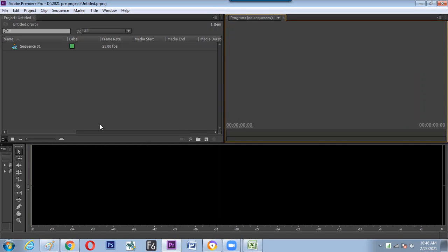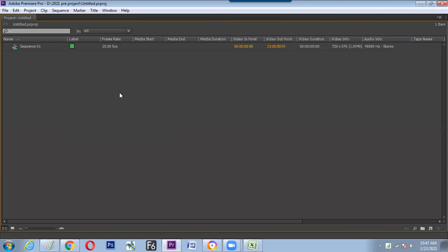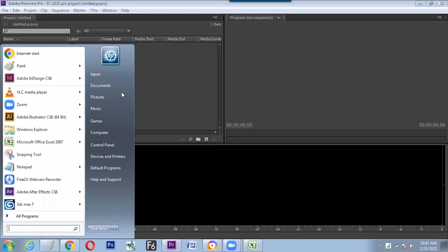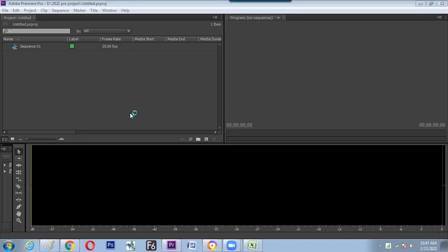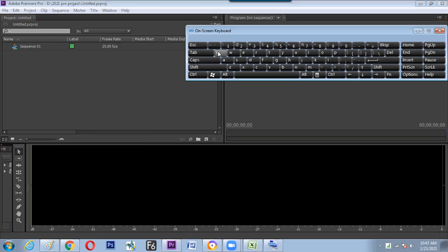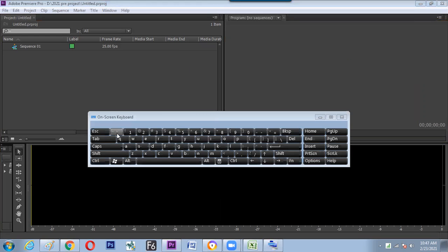Now the keyboard shortcut. The first hotkey of the day: tilde. Tilde is beside the one key. You can find on the screen, in the on-screen keyboard, there is a small tilde button beside the one, and this is the first button to get